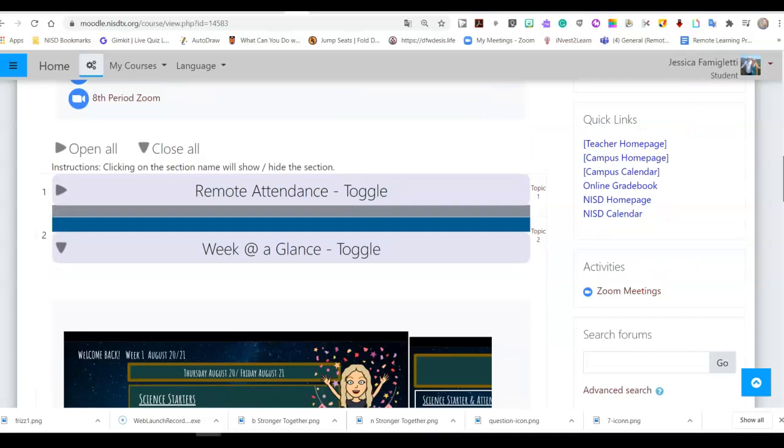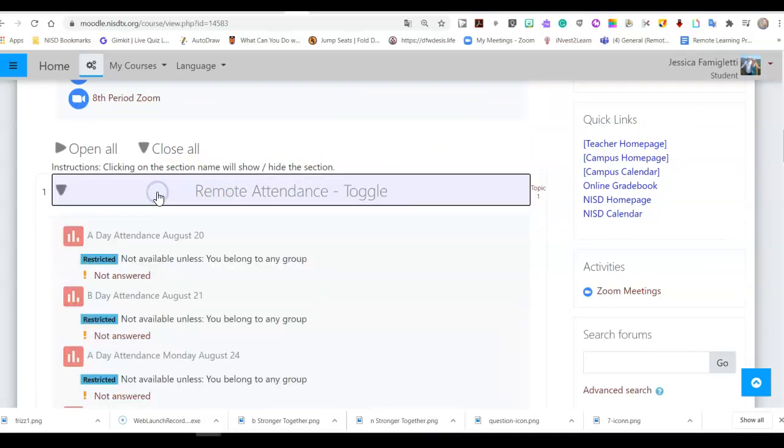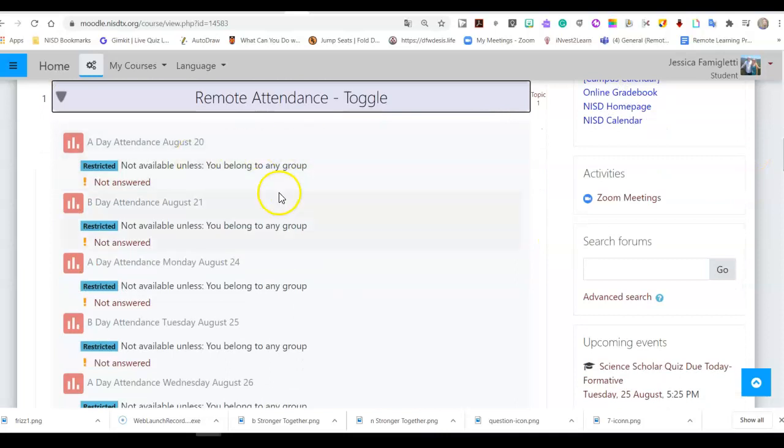When you scroll down just a little bit, the remote attendance is super important. And notice that right here, this is what I'm talking about. Once you're enrolled as a student, then you will belong to a group, and these buttons will open up for you. So notice that you are going to either choose A day or B day, whichever day is the day that you have me. So if you are in first, third, fifth, or seventh period, you're going to choose A day, and if you're in second, fourth, sixth, or eighth period, you'll choose B day, and it also has the